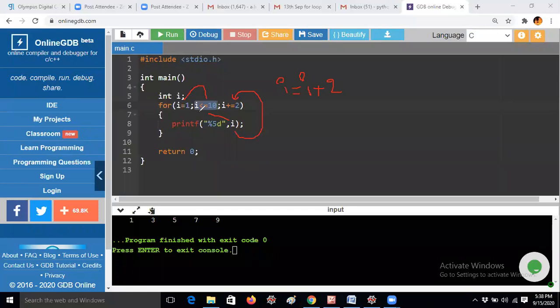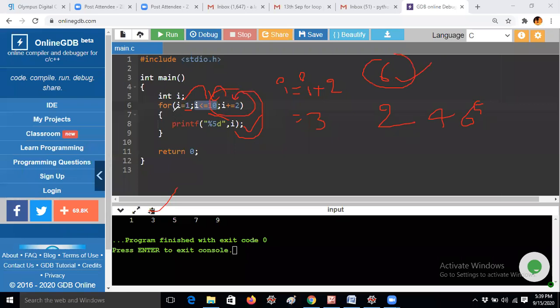Then the i value will be 1, 1 plus 2 means 3, so the i value will be the new 3. Again it will check whether 3 is less than or equal to 10 or not. If the condition is true, then 3 will be printed on the output screen. In the same way, next 3 plus 2 equals 5. Compared to the above logic, this logic is very easy, because instead of checking all numbers from 1 to 10, it will skip 2 and skip 4. That means the condition will not be checked there. It will check only for 6 iterations from 1 to 10, so the loop will iterate only 6 times.